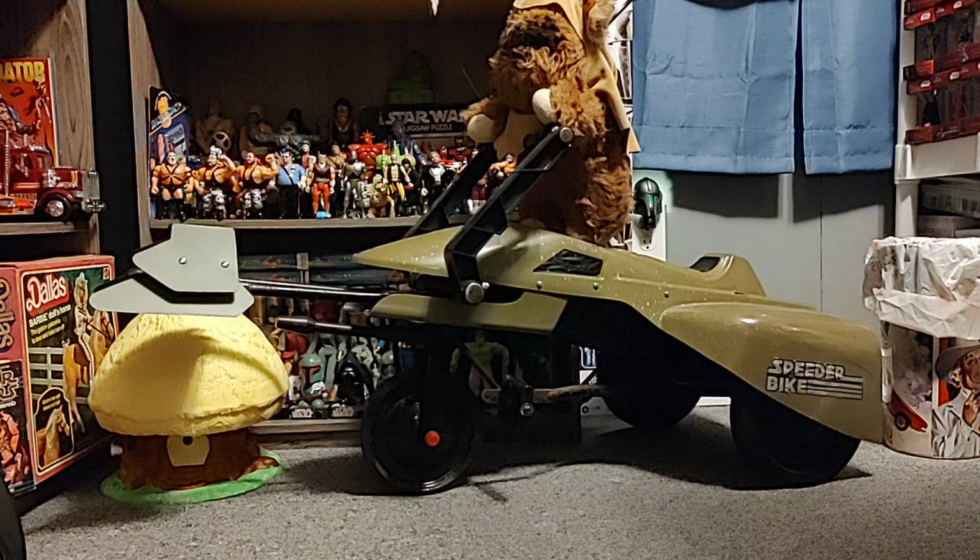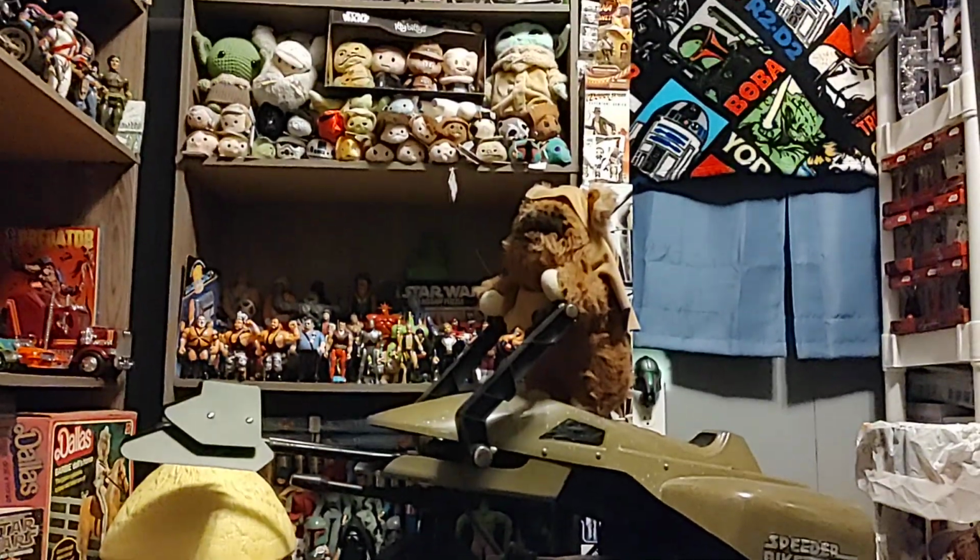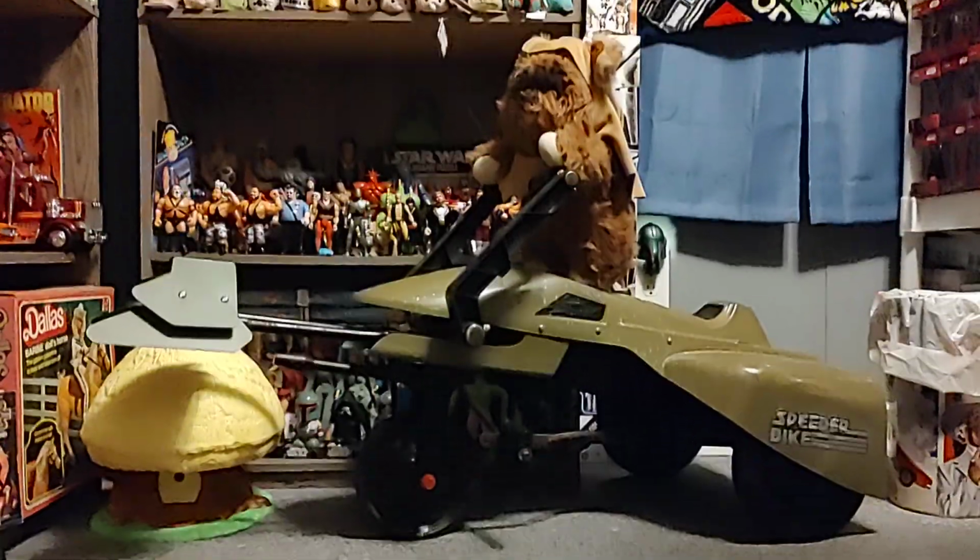Go to Walmart, and the prequels came out. I get me a Force Awakens figure and a Jurassic Park figure every weekend. Then 2020, I was like, Legacy and G.I. Joe, was looking at that, and I was like, then like 2 years ago, I'm like, what am I doing? I was like, I'm vintage. So all that stuff's boxed up. Well, there's a little bit of Black Series up there, but